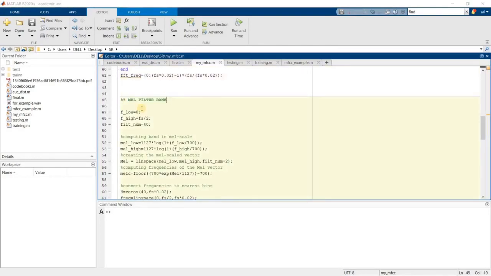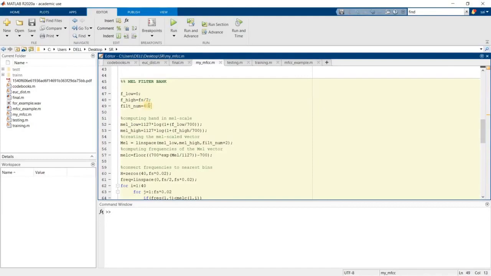The MEL filter bank here consists of 40 triangular bandpass filters, and it is used to get the log energy of each triangular bandpass filter. First, we set the low frequency and the high frequency of the filters, and we need 40 filters.